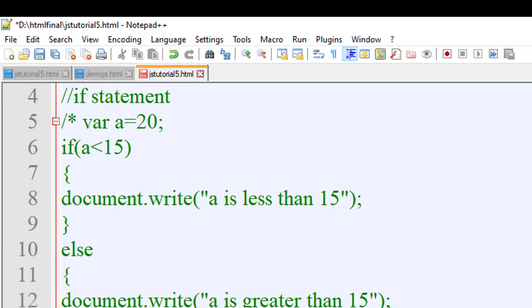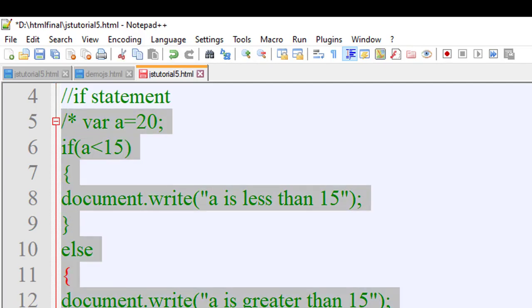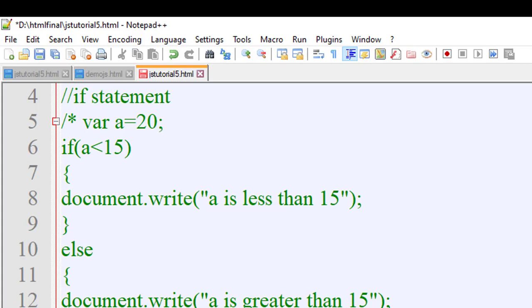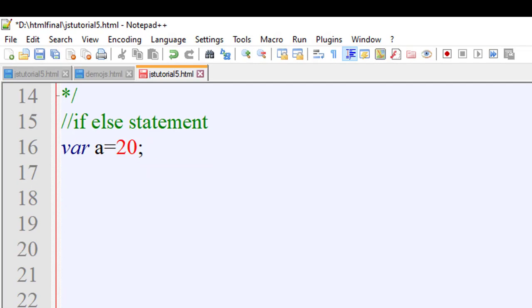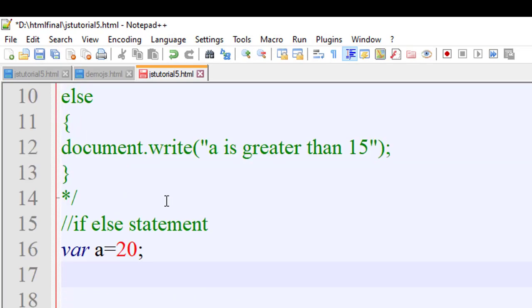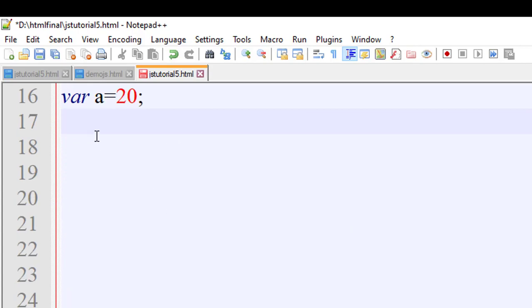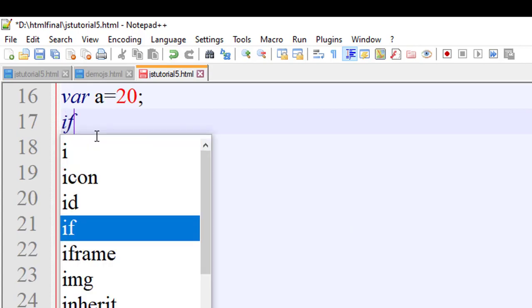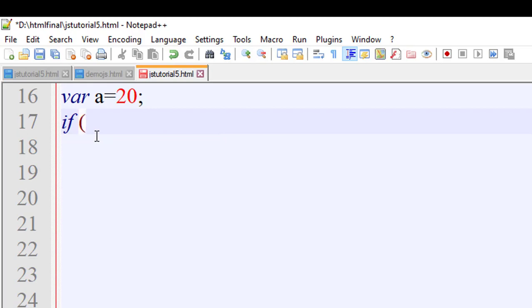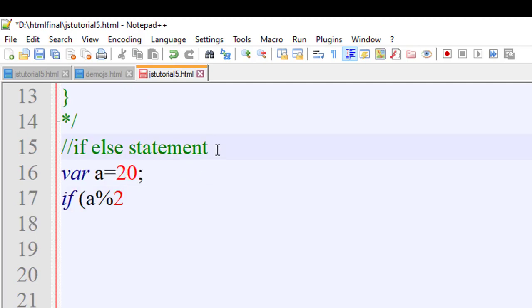Now a equal to 7, or I can delete it also. No. If I take a equals to 20. Okay. If I am putting all this in this script tag. Okay. Where a equals to 20, if parenthesis a modular division 2, I am doing the even odd program. Okay. So I can write the even odd program here.